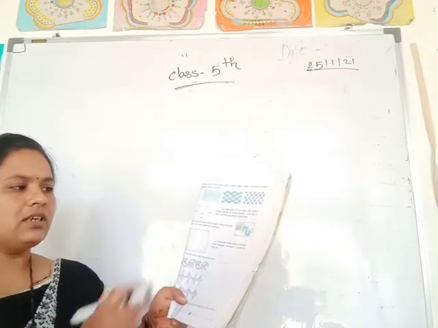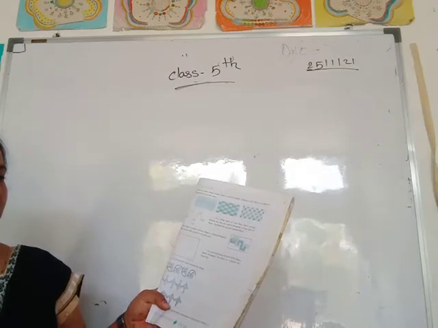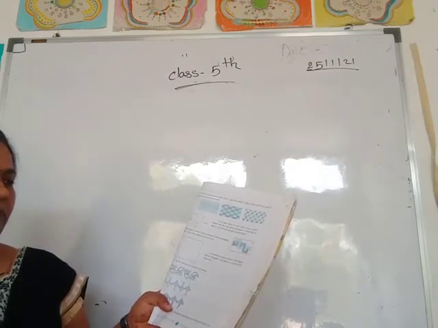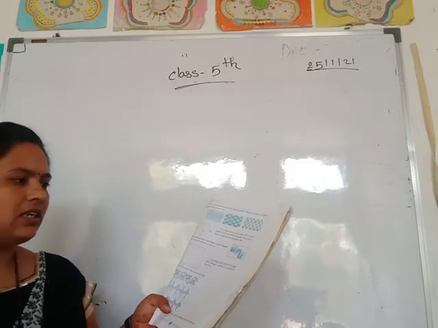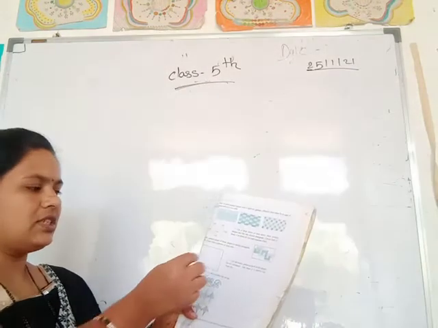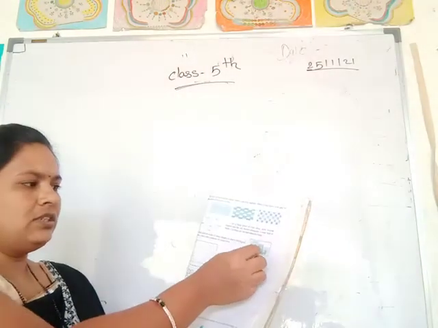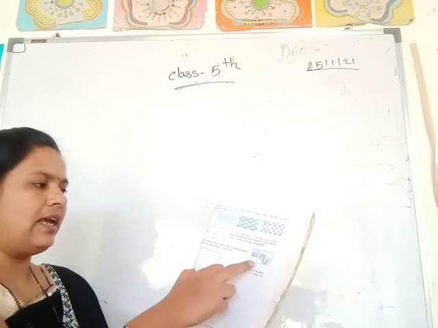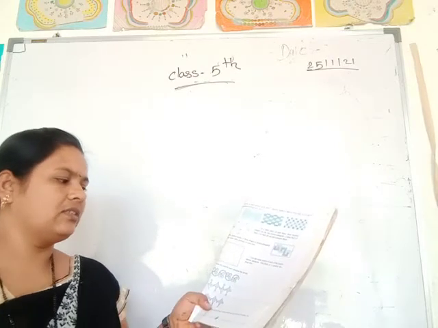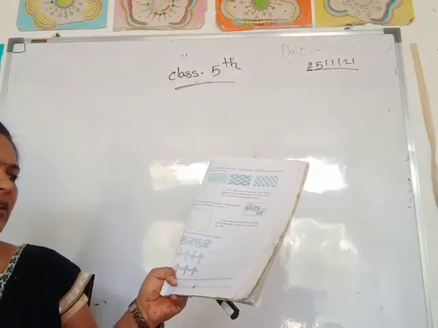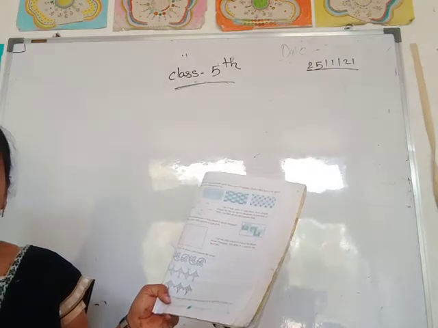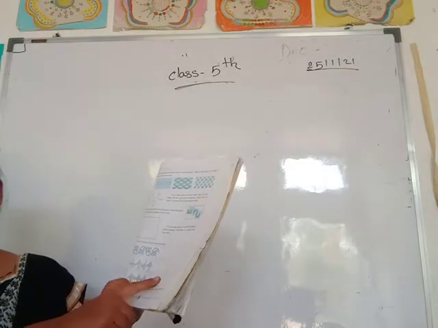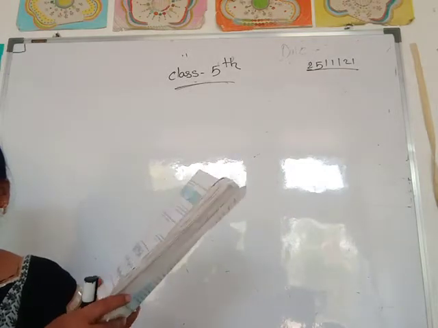Then the next one: cut out many pieces of each of the shapes shown alongside. Join them in a pattern like flower tiles. Here, cut some pieces of each shape, and join them in a pattern like these flower tiles. Then the next one: note the pattern and complete the design. In homework you see this pattern, and in your notebook you draw this and complete it.